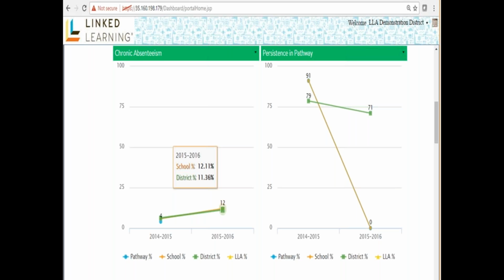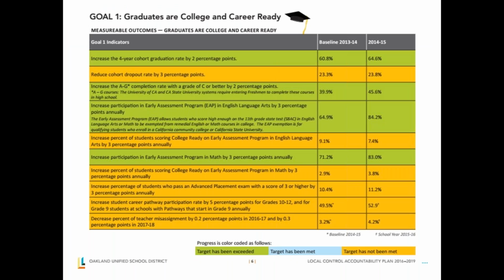So there you see one pathway with the district doing particularly well and the school having a significant decline from year to year. For the stakeholder engagement portion, I'm going to kick it back to Anna to walk you through that.